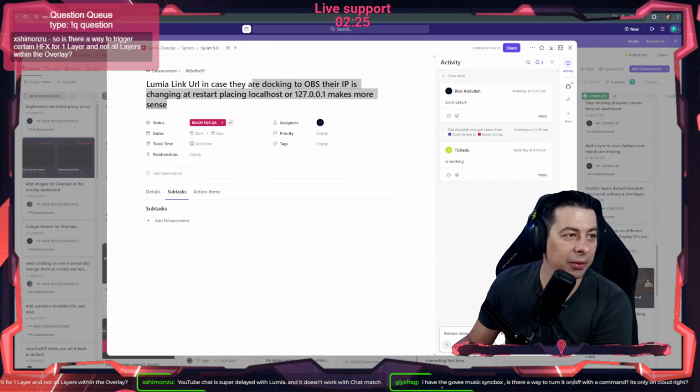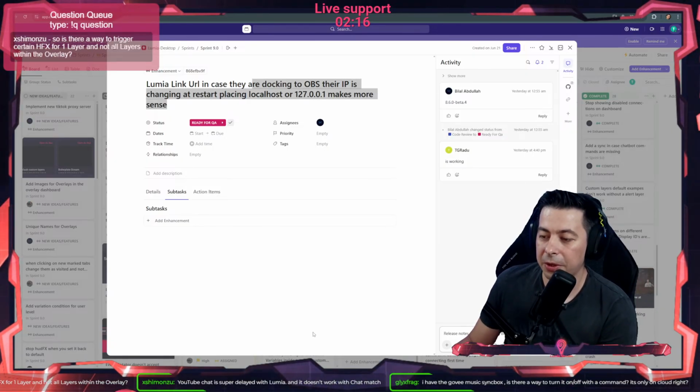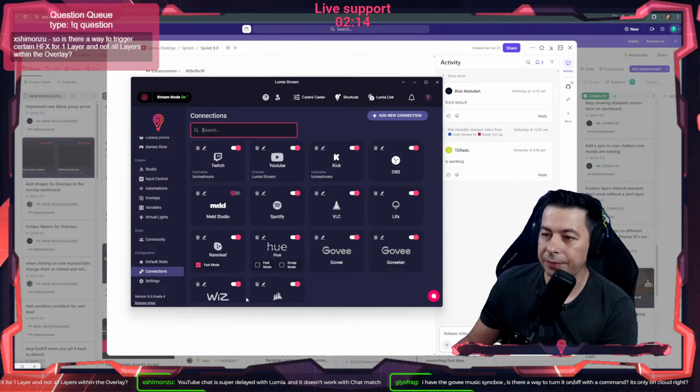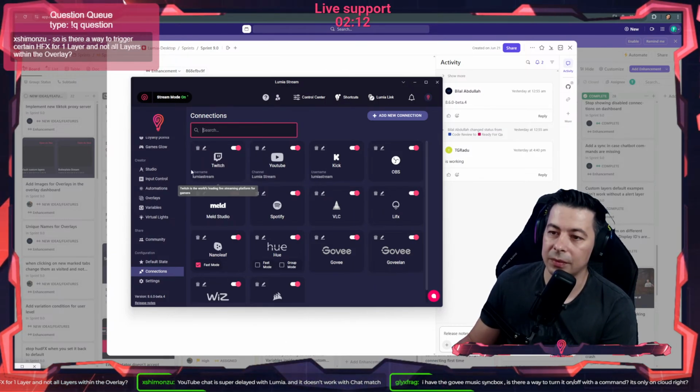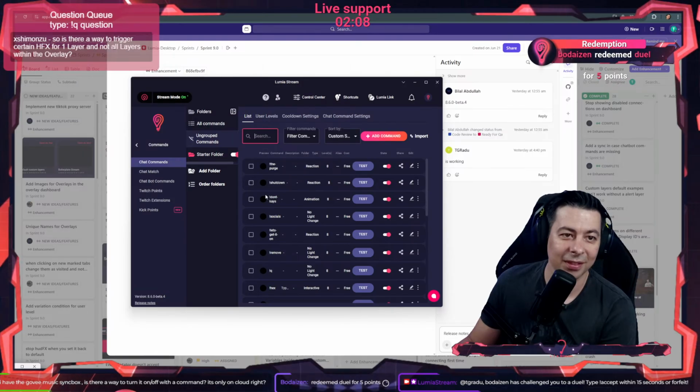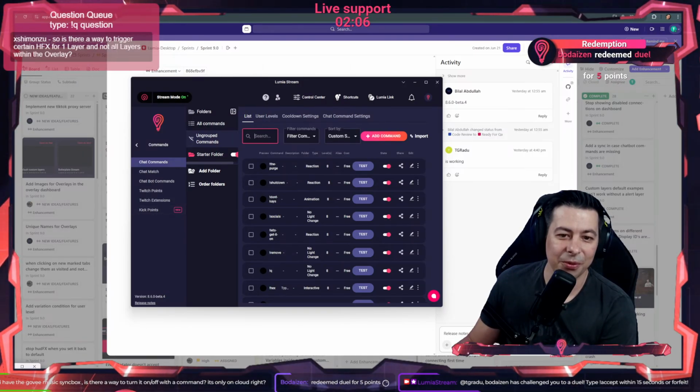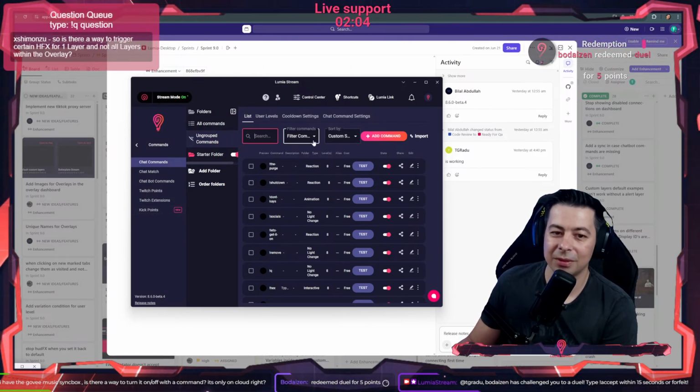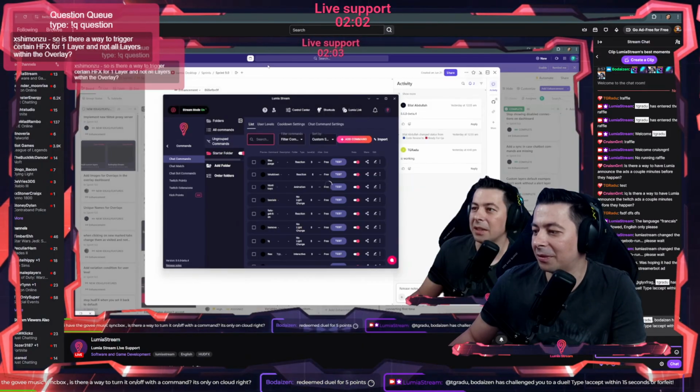So is there a way to trigger certain HUD effects for one layer and not all layers within the overlay? Yes, for sure. So when you create a HUD effect, for example, I have on the commands over here, you redeem duel with me, Bo.